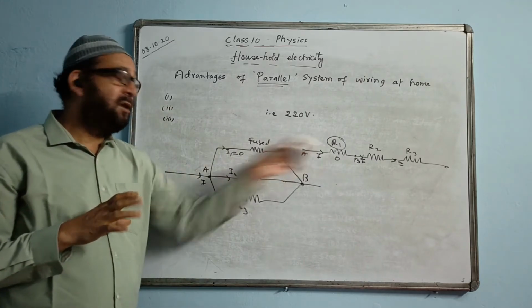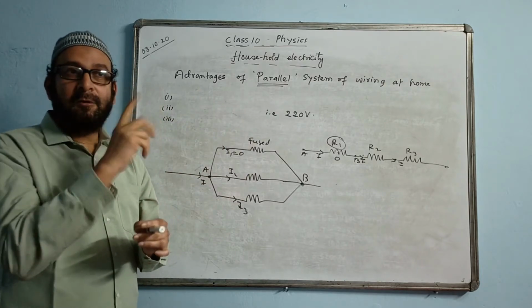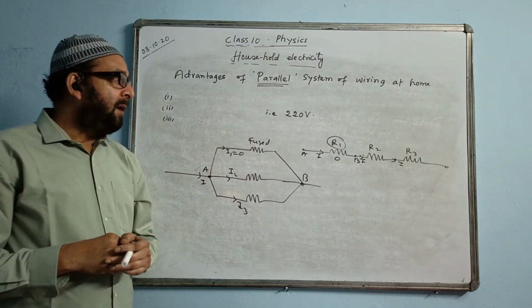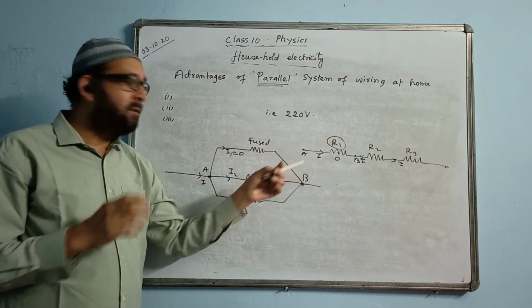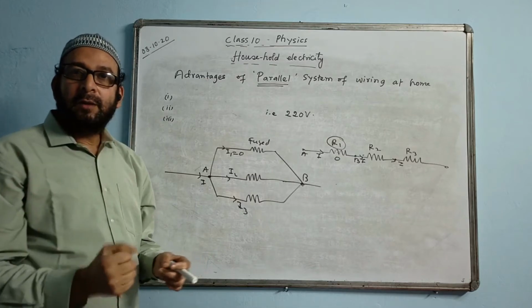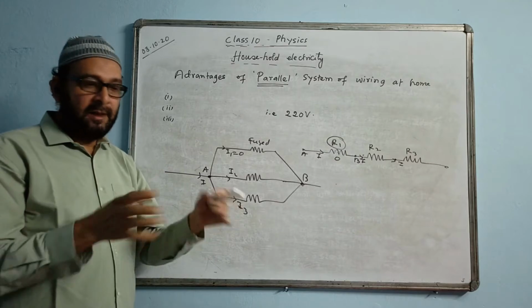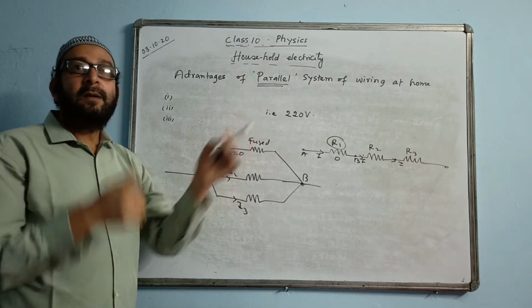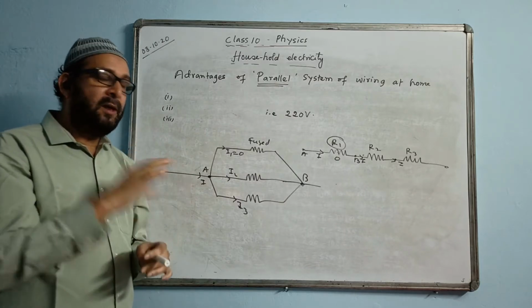So there the series combination is an advantage. The main switch is connected in series for all the appliances. And when you want them to be on, then you have to put the lever down. Then the current will start coming. But unless you place this particular switch, the current will not be flowing through that particular appliance.